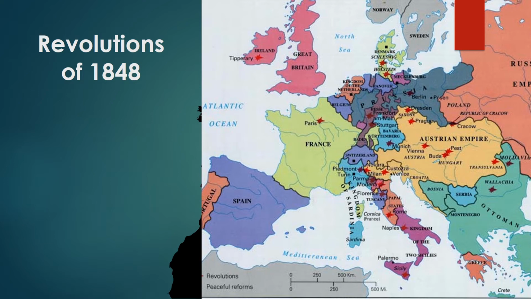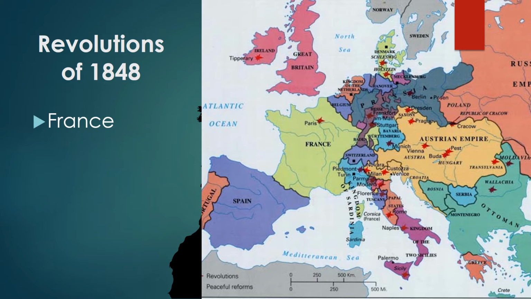As I said earlier, the revolutions generally started in France and spread to the other countries, and the revolutions of 1848 were no exception. Louis Philippe, the Citizen King, had brought about electoral reform. However, it was the middle class, or the bourgeoisie, that was favored during this time period. There was also the beginnings of some serious industrialization in France, which is going to lead to a very vibrant